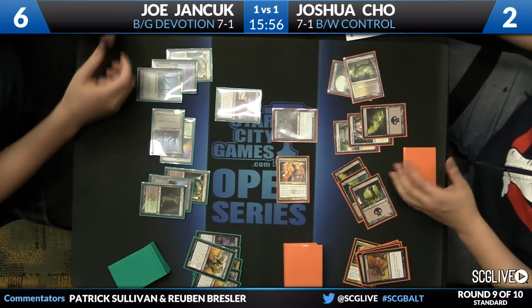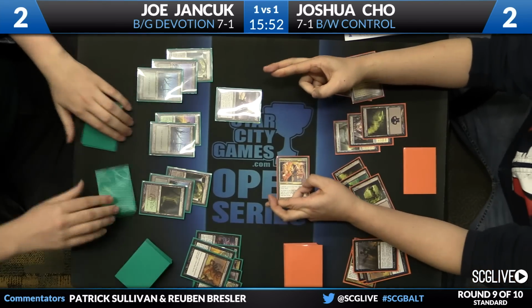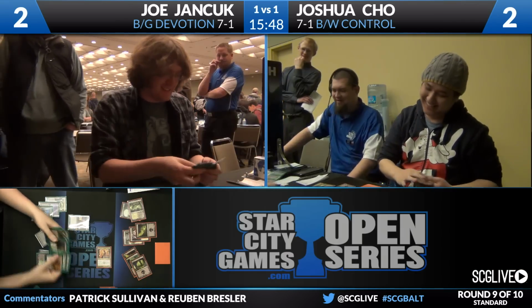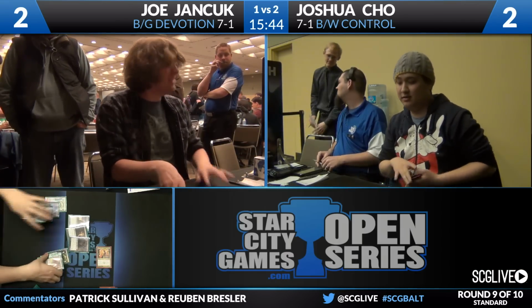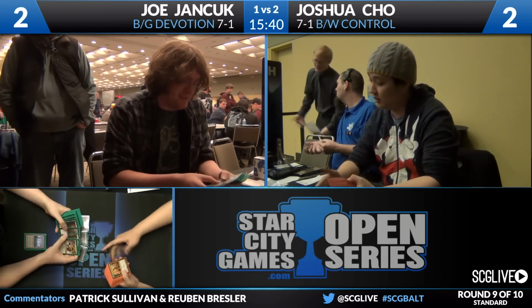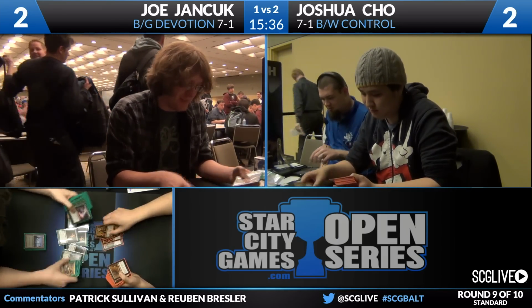Right. And so now it's a big draw for Joe. Here it is. And there it is. Another land off the top for Joe Jancuk. And Joshua Cho is going to move to 8-1 with black-white control over Joe Jancuk's black-green devotion, putting him in good shape to top 8. Yet another open. We've seen him